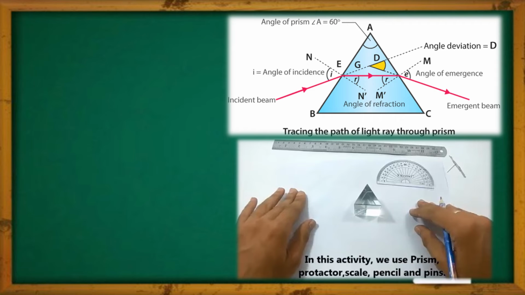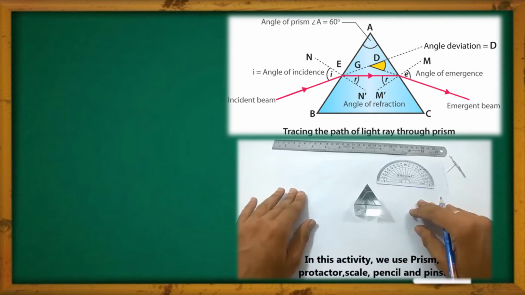Whenever the light ray is incident on the surface AB, we call that the incident beam, or the incident ray. Now at the point of incidence, if we draw a perpendicular to the surface AB, that will be called the normal, that is NN'. Because the light is entering from the rarer medium to a denser medium, there the bending will happen. The angle between the normal and the incident beam we call the angle of incidence.